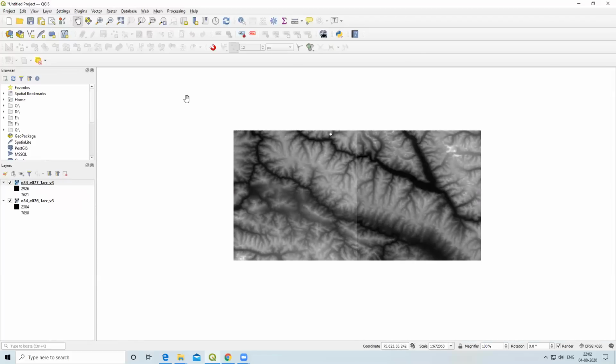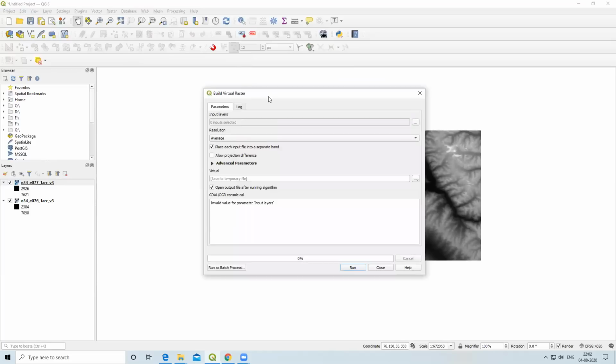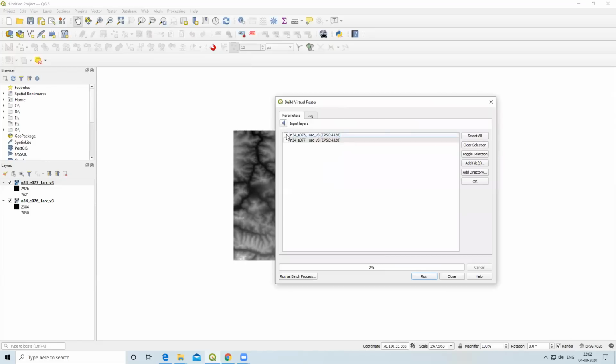For that I will click on Raster, followed by Miscellaneous, and I will click on Build Virtual Raster. When I click on Build Virtual Raster, the input layer shows 0 input selected. So we'll select the images. I will click here and select both images. If there are a number of images, you can select all.